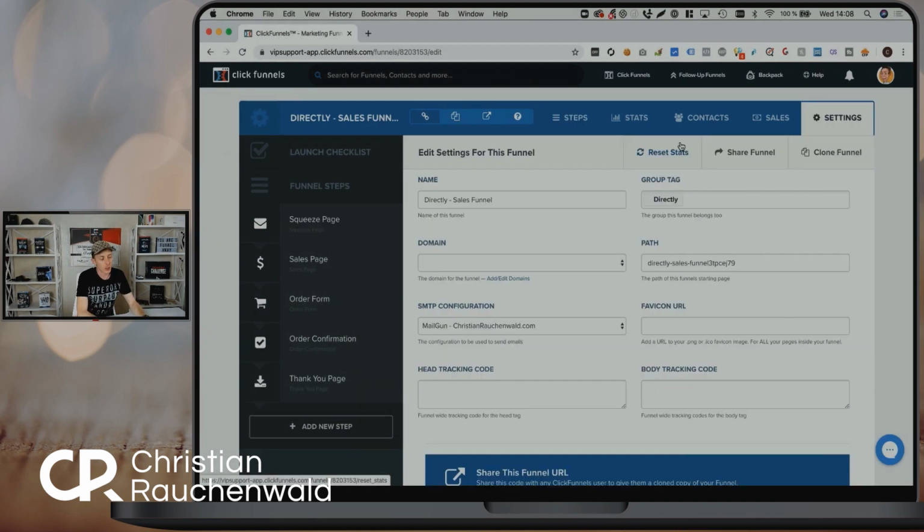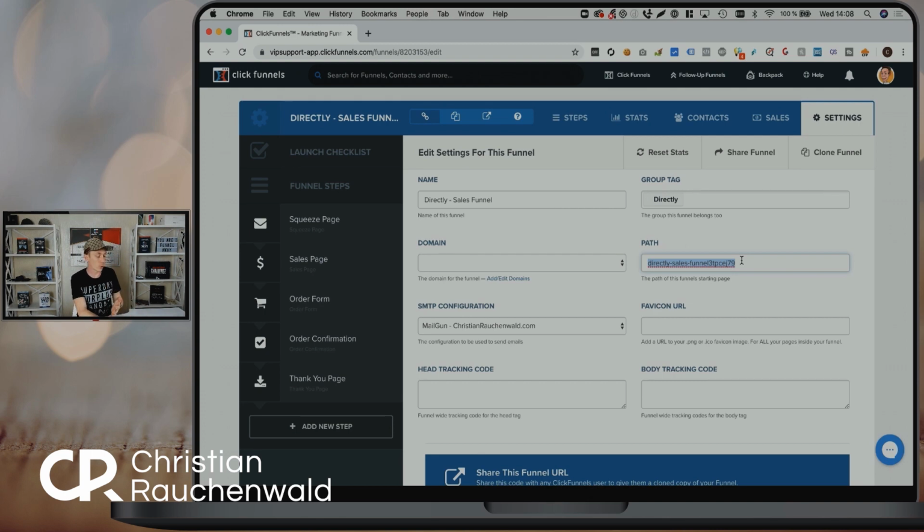So once you're here within the settings of your funnel, you can actually see that you have a path setting here, and this path is only relevant because it identifies the whole funnel and you most likely will never need it. It's relevant when you have, for example, multiple funnels at the same domain. Then you can pretty much use whichever domain you picked from here and write / whatever this path says here to always end up on the first funnel step of this funnel.